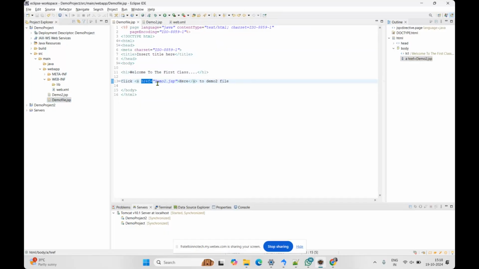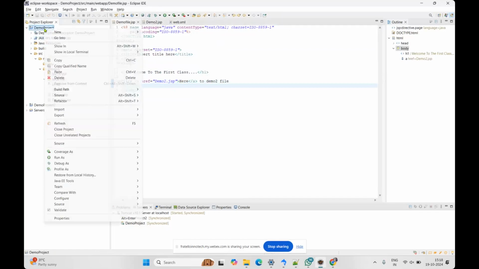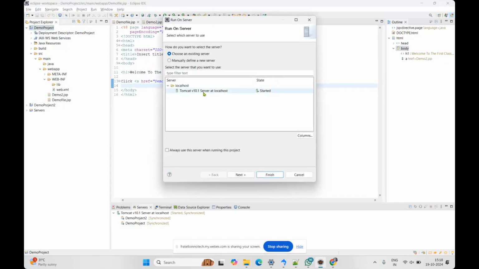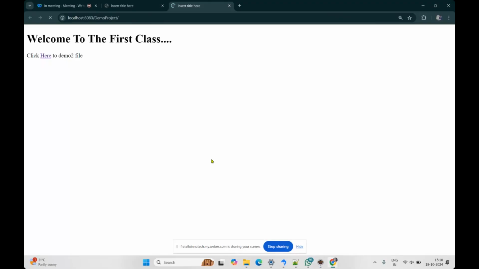Okay, demo dot demo2.jsp in between double quotes. Okay, by saving that, and when we run this project again, right click on the project name, click on the run as, run on server, select the server, just simply click on finish. Okay, see here we get the welcome to the first class, and when we click here, it will go to the